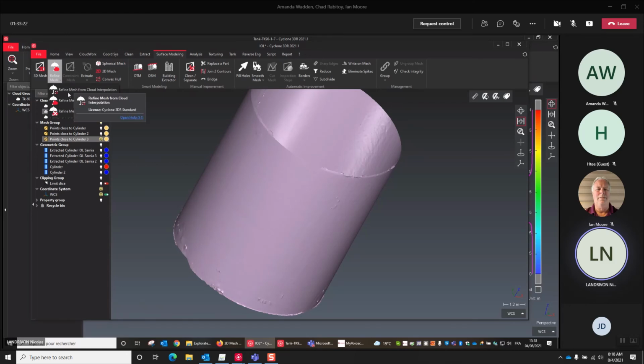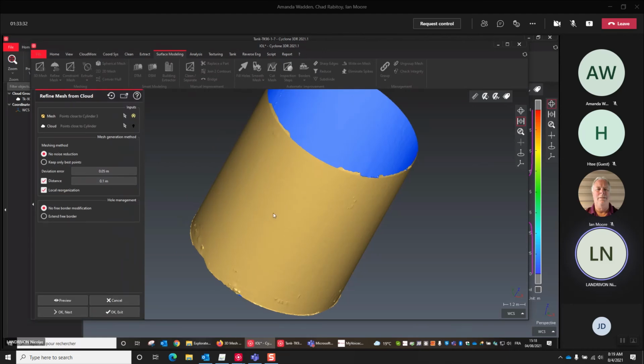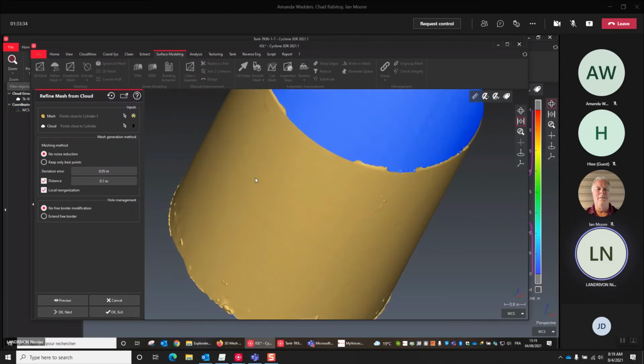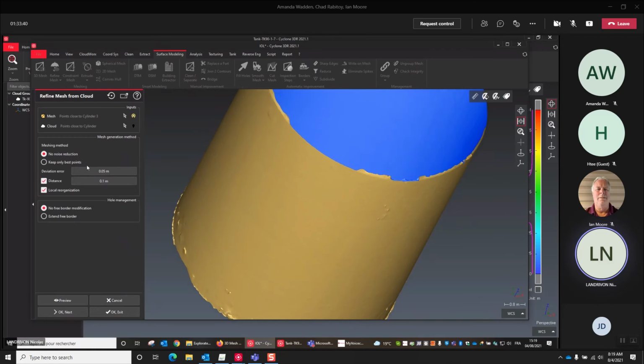From this dialog box, you choose to refine mesh with cloud interpolation, or here I can decide to refine the mesh and add details, because I can see a little bit the shape of the shell. So if I just put, let's make 3 centimeters or 2 centimeters. Okay.